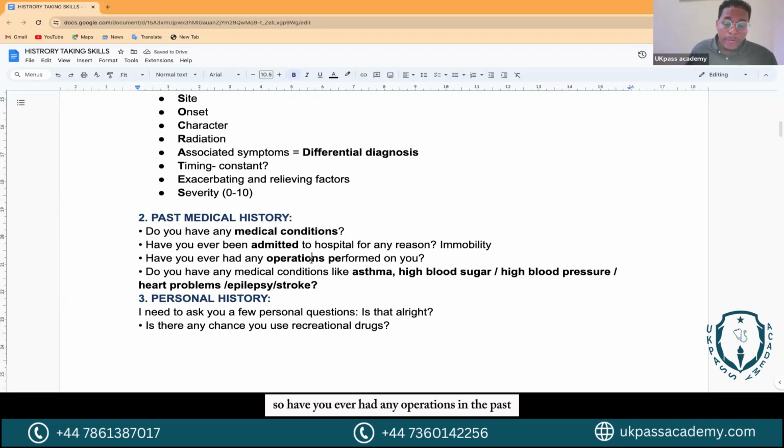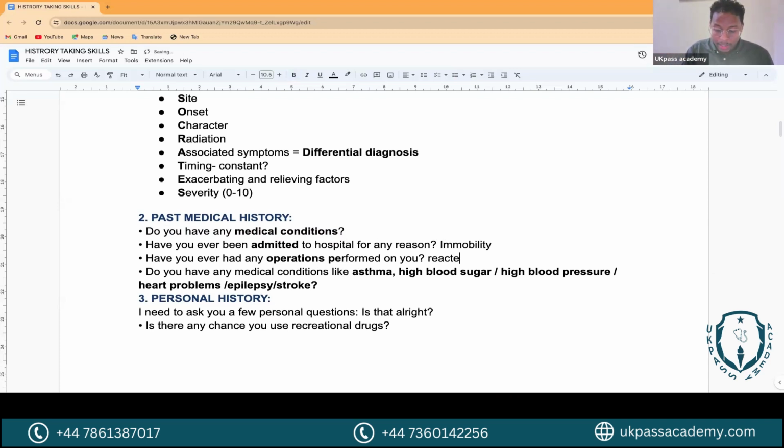Have you ever had any operations in the past? If you're doing a pre-op assessment, you would add things like anesthesia. Have you ever reacted to anesthesia in pre-op? So, just some examples. You need to know the baseline, and then over time, as you practice, you will